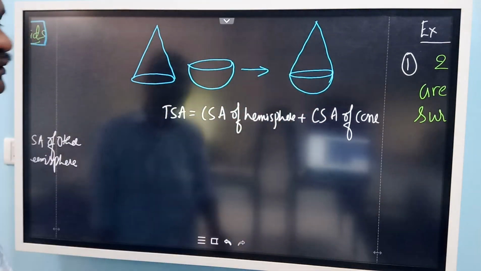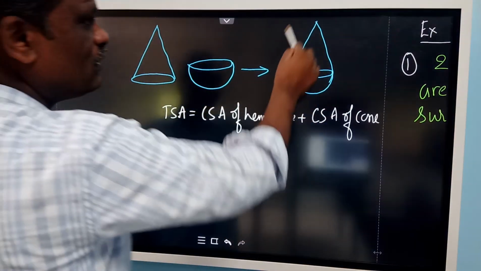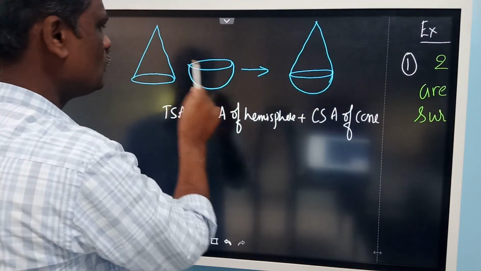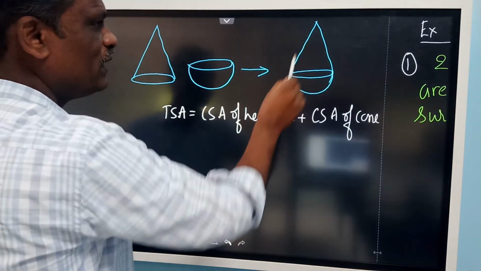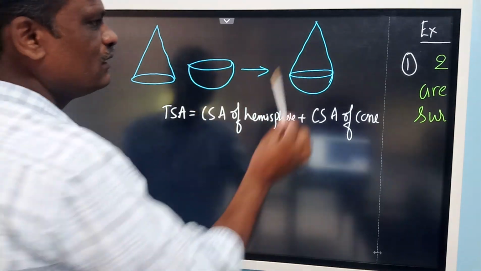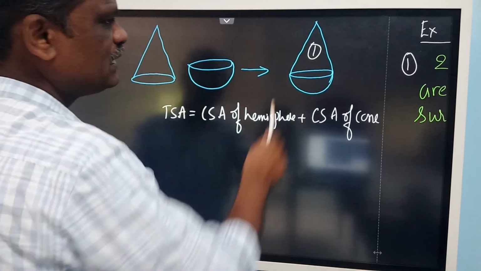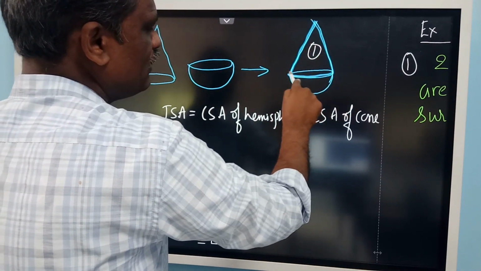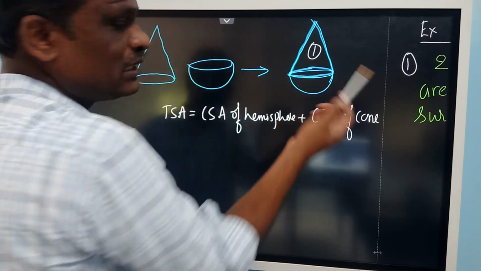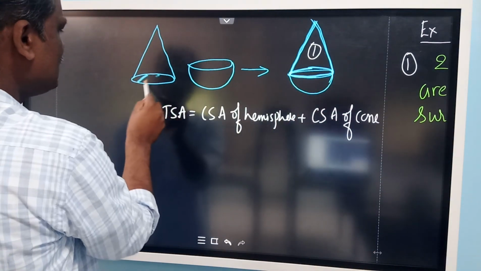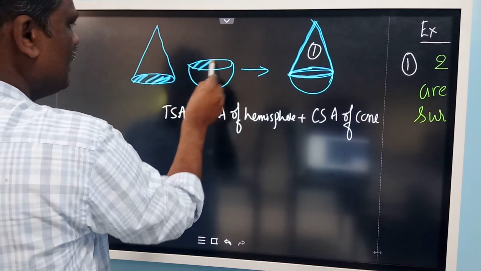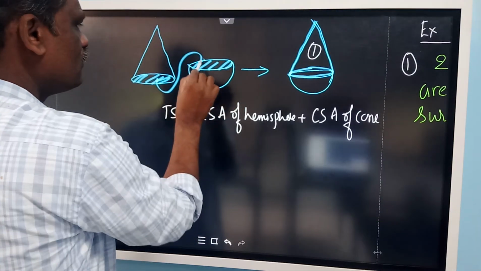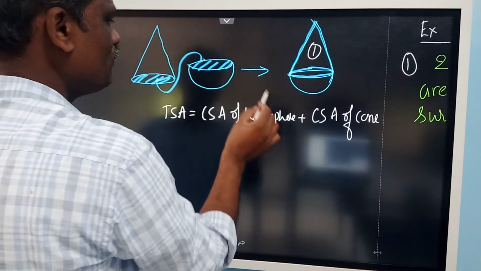For this you do not know the formula. So what we do to find out the volume of this shape, we split into two parts. One is cone, other one is hemisphere. To find out this total surface area, first we need to find the curved surface area of this conical part, excluding the base. You will not consider this base because this base will be attached with the flat surface of this hemisphere. So these two will combine there. So therefore it will be closed there.